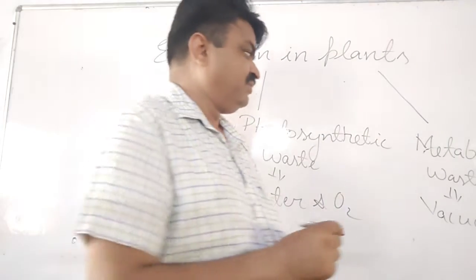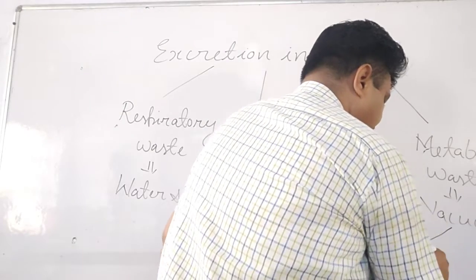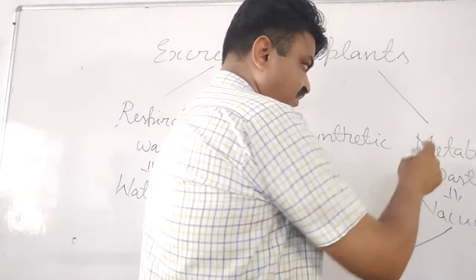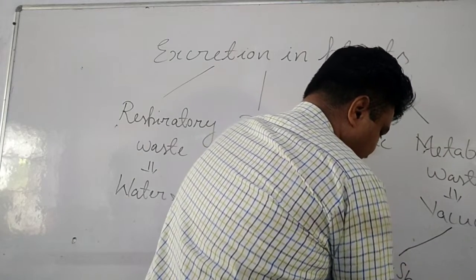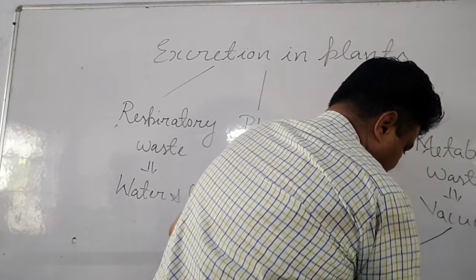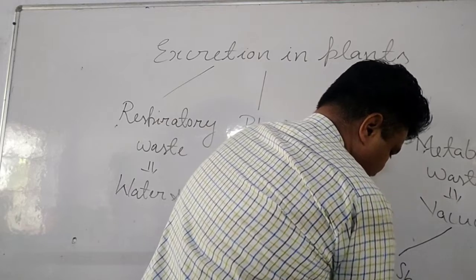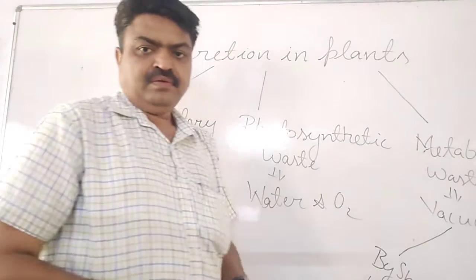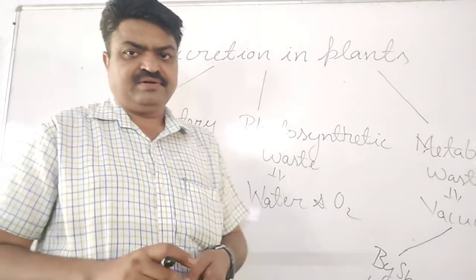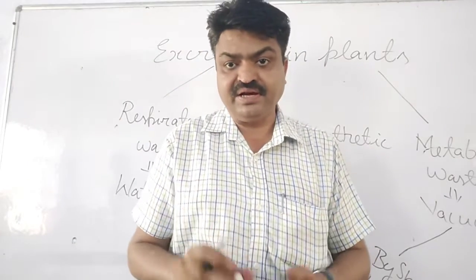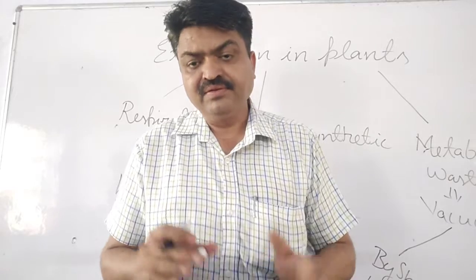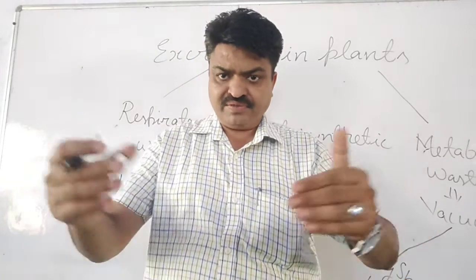So the first way from which we get rid of the waste is by shedding leaves. By shedding leaves, students. Next important way from which they get rid of the waste, students, they also store the waste